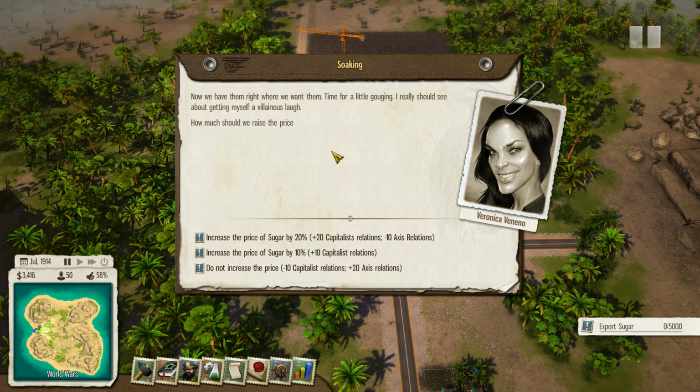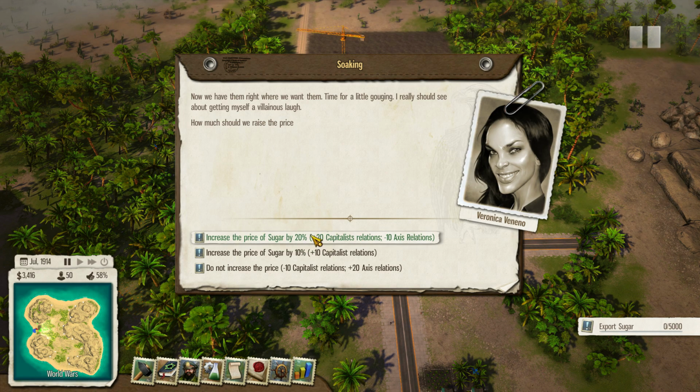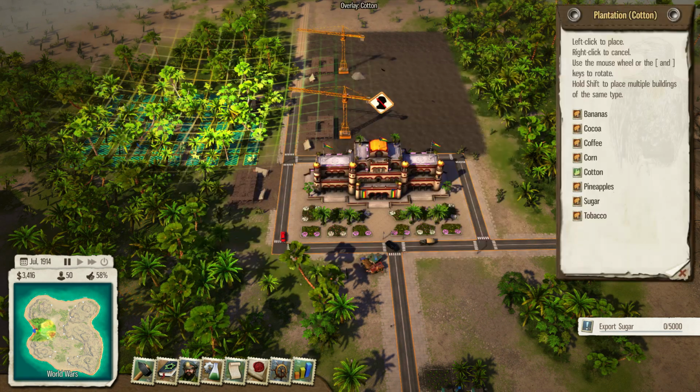How much should we raise the prices? Well, the higher we raise it, the more capitalists will like us. The Axis won't like us tons by doing this, but overall we should be building a relationship. Heck, let's raise it as much as possible, and let's get down... actually,